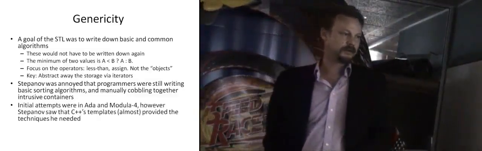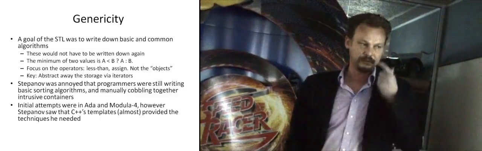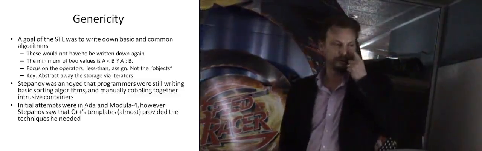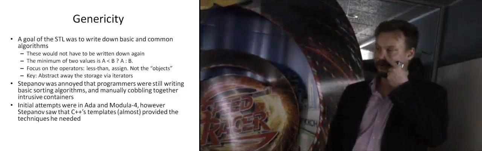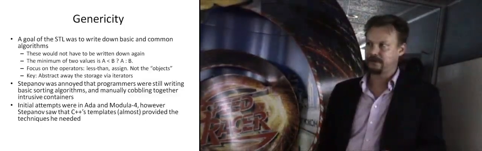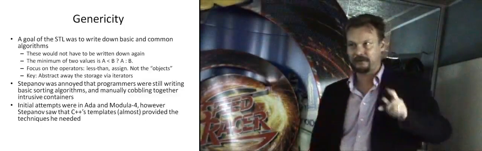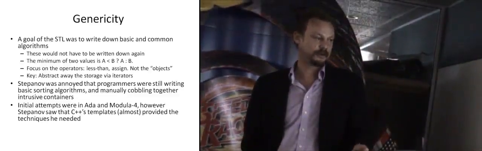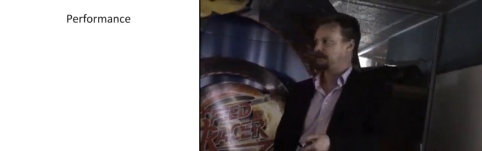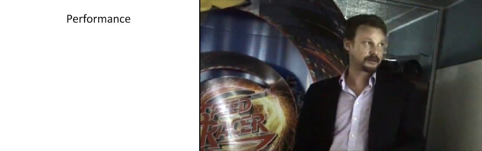He tried it in different systems and couldn't get it really to work the way he wanted, and saw that C++'s templates were a close approximation, and argued with the creator of C++ to make whatever modifications were necessary to enable him to express what he needed to do using C++. So in some ways STL did actually influence the evolution of C++.